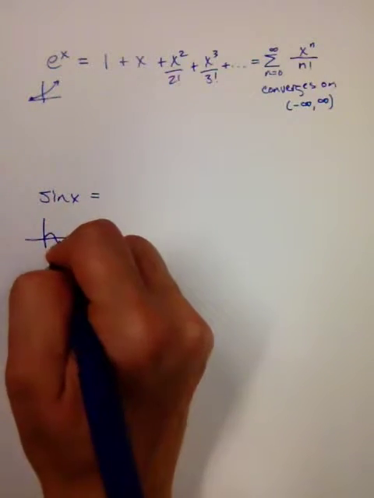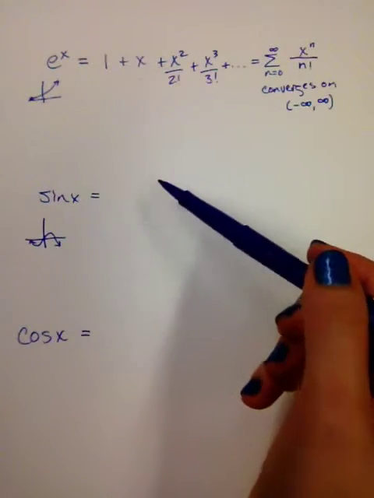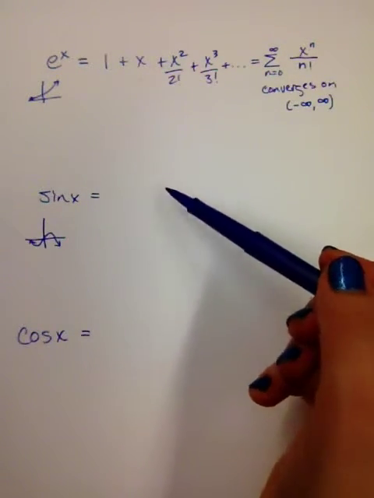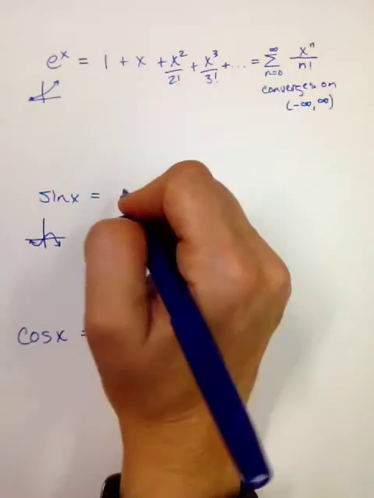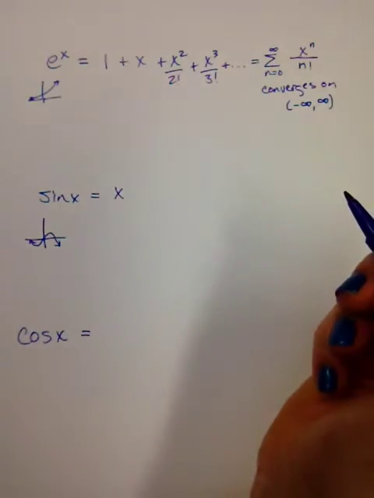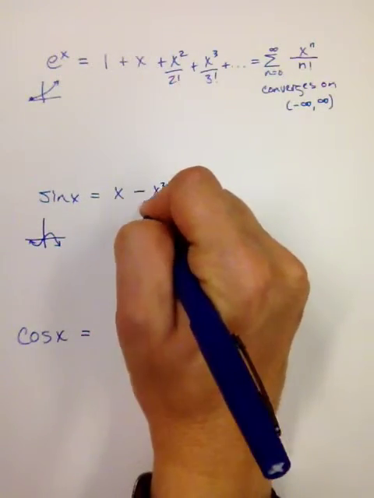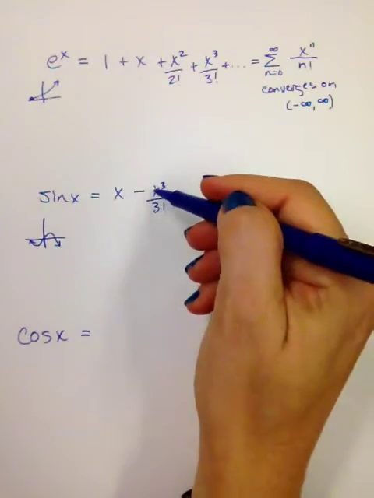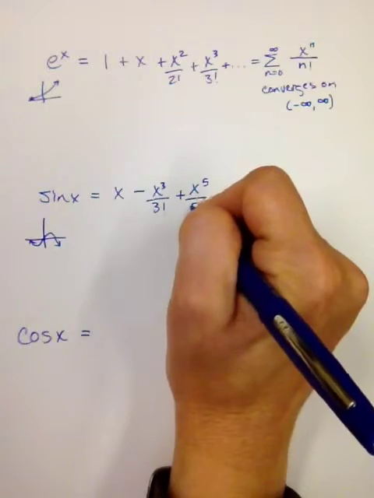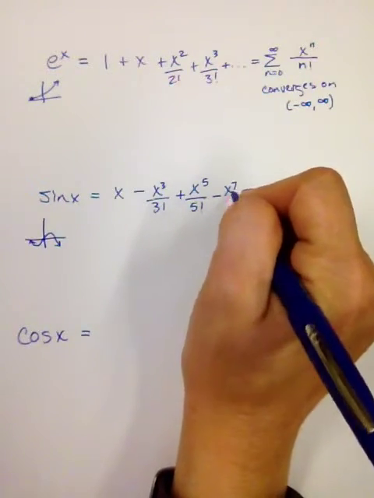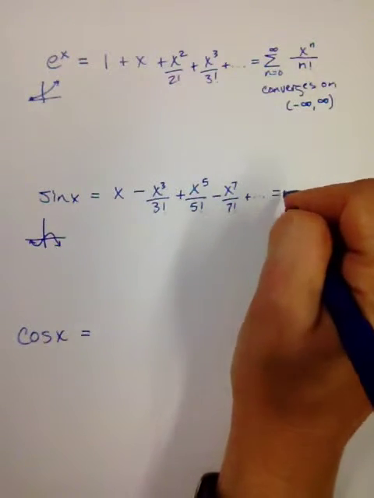Sine x has symmetry. It is symmetric about the origin. So this is an odd function, so we talked about this in class. Only the odd powers will be there, x to the first, x to the third, x to the fifth. It will also alternate, just like sine does. It goes positive, negative. So we'll start with x to the first, which is just an x. Then we will subtract, because it's alternating, x to the third over 3 factorial. And remember, it's odd. 1, 3, the next one will be 5, but it's alternating, so add x to the fifth over 5 factorial minus x to the 7th over 7 factorial plus, put your ellipses,